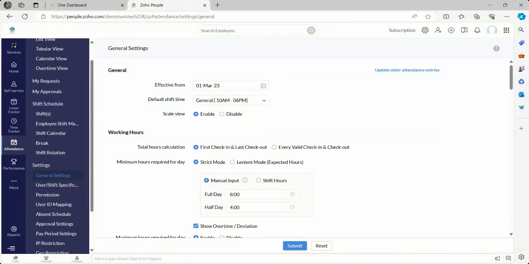Welcome all. Today we are going to see how to set up the attendance module in Zoho People. For setting up the attendance module, we have to navigate to attendance under settings. First is general settings. In general settings, we will give the effective from date from when the employees start their